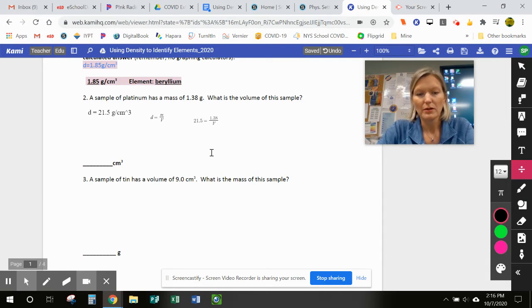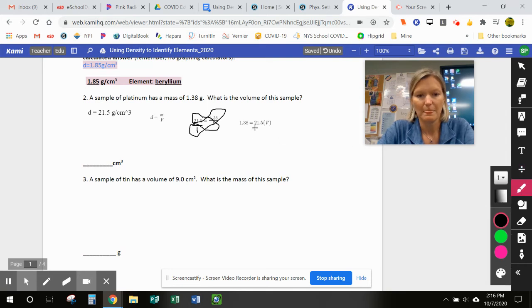So this one we're going to cross multiply. And when we cross multiply, it's sort of like putting this over 1. And then we're going to cross multiply. My wonderful circling abilities are about as good as my drawing abilities. So when we do that, we end up with 1.38, and it's multiplied by 1, so we don't need to do anything, equals 21.5 multiplied by V. Then with that, what we can do to solve for V is we divide both sides by